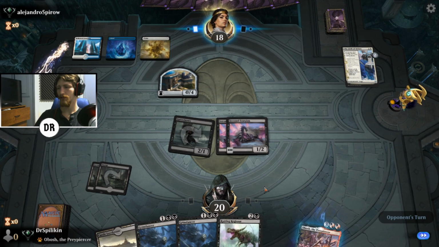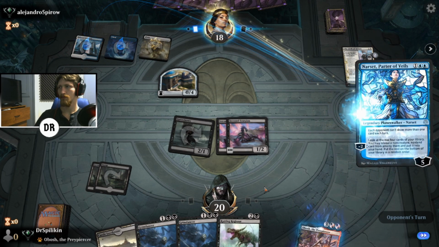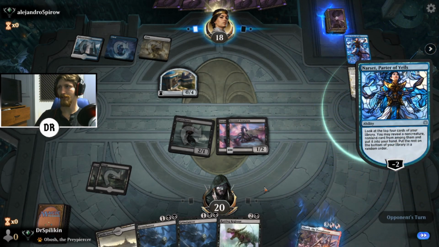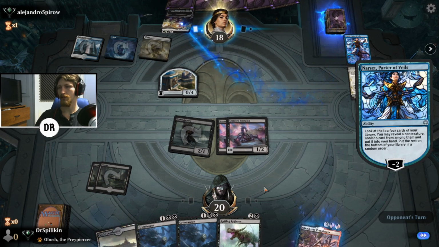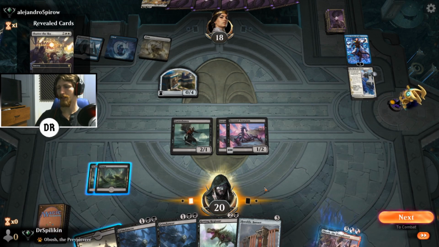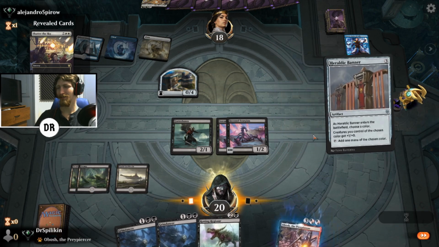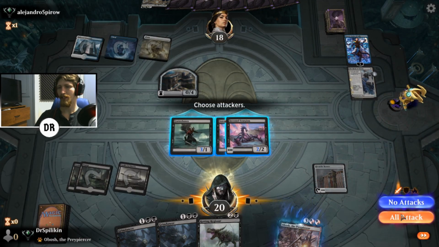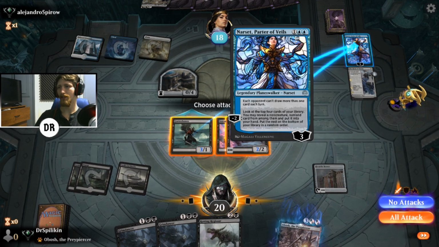Take it to the face. Because the worst possible outcome, it goes late, and the later it goes, the better their chances to draw what they want is, right? Shatter. Well, that just makes you question everything. Alright, so tell you what we do instead. We go for a good old Heraldic Banner, name it for black, and then swing in with everything at the